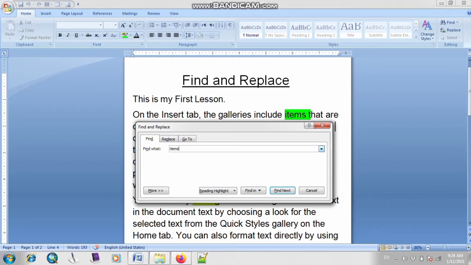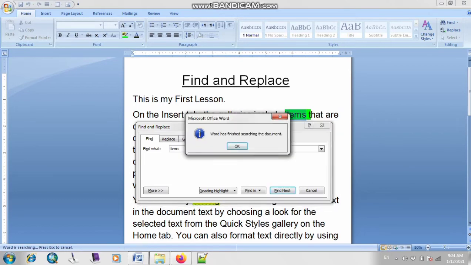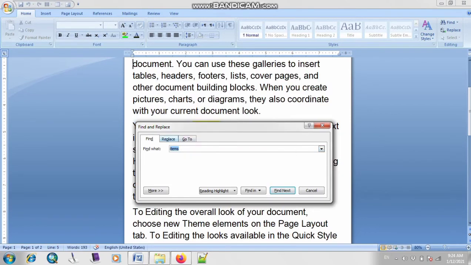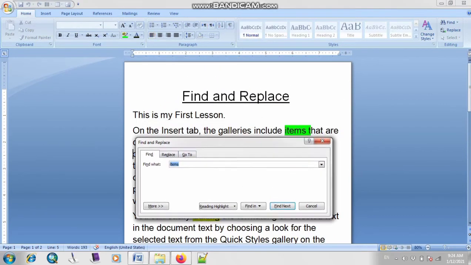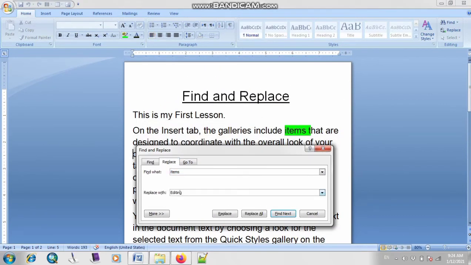Now click on replace, or you can also click on find next. Now click on this option of replace. Here I will type elements.